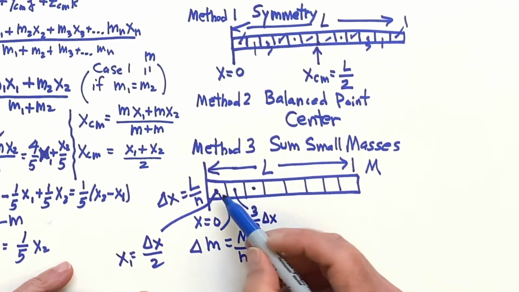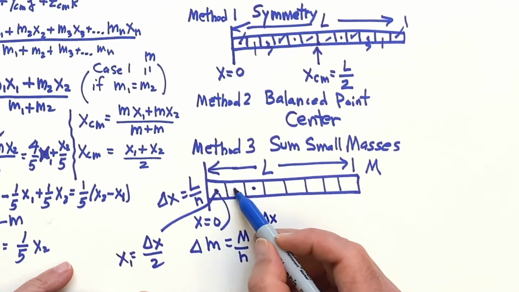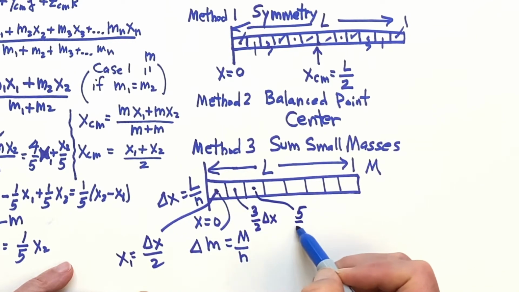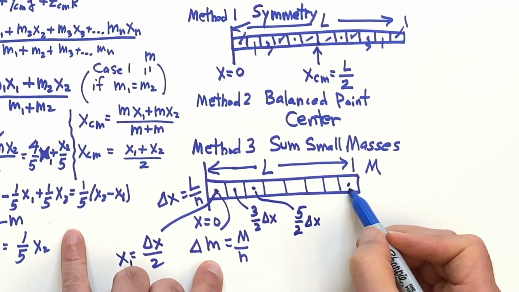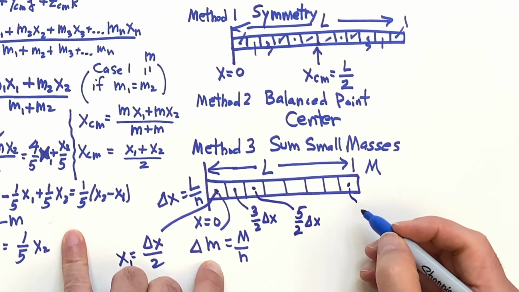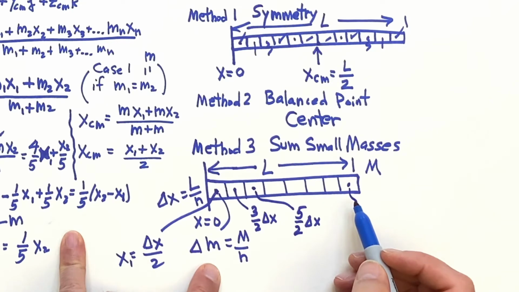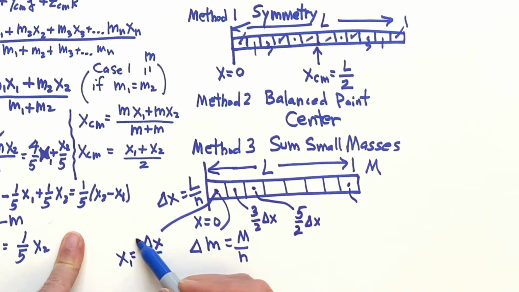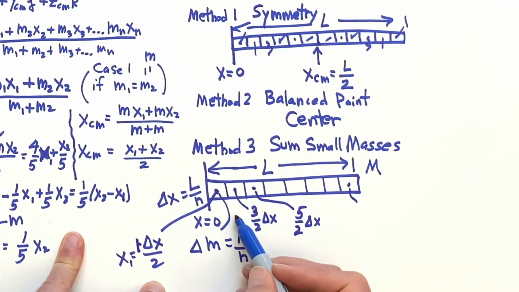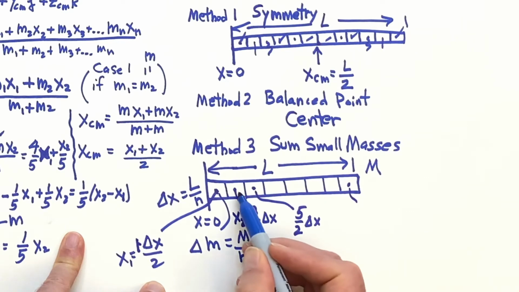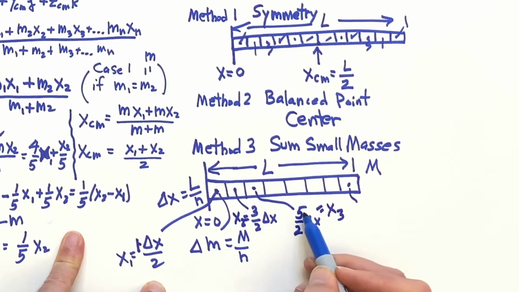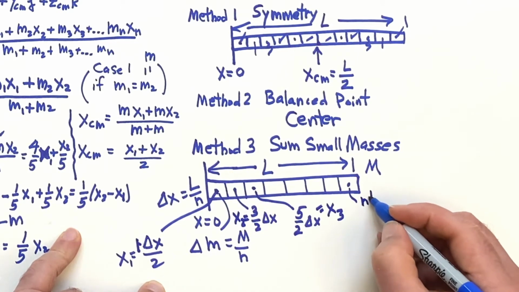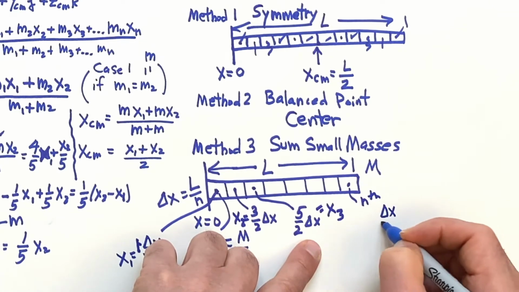And then this one would be a half: 2, 3, 4, 5. This would be 5 halves delta X. And then if you go to N, we basically want the nth odd number. You can think of this as 1 delta X over 2. This one's 1. This one's 3. So X2 has the 3. And then the third case, X3 has the 5. So that means the nth case is going to be a delta X over 2, but